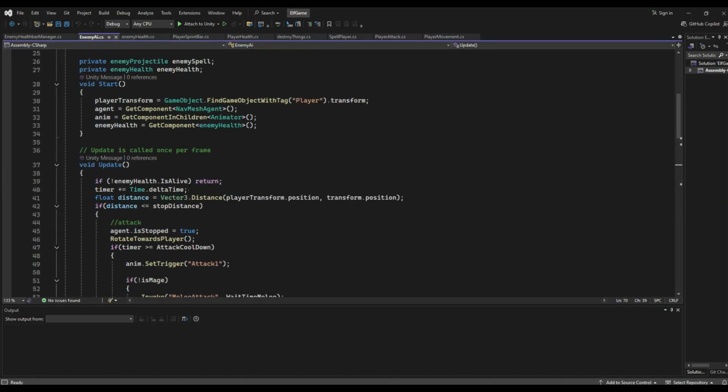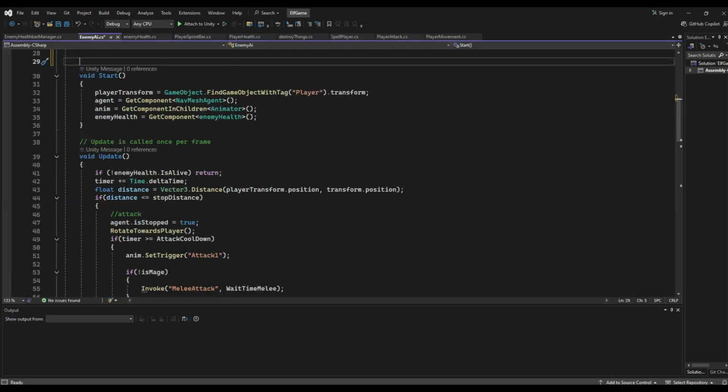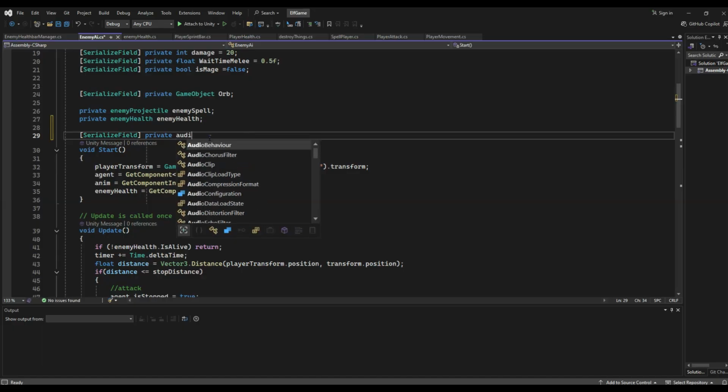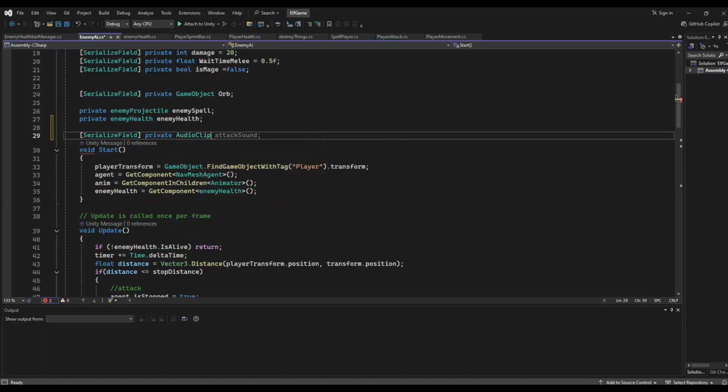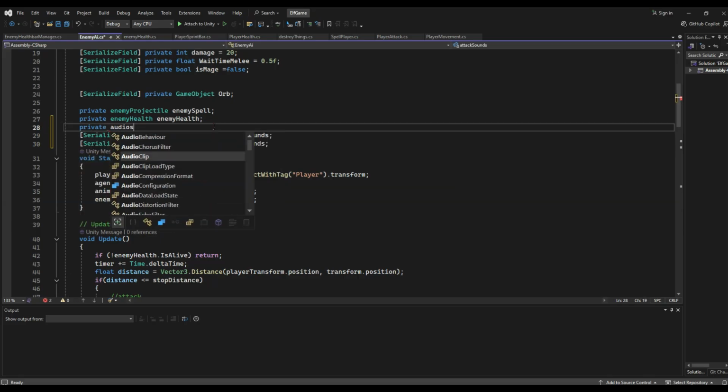So let's go here. As we want different sounds to have the possibility to be played, for example for attacking, we use an array. So serialize field private audio clip array, and this is, for example, attack sounds. And I need another one for chase sounds. And I also need to get the audio source, private audio source,